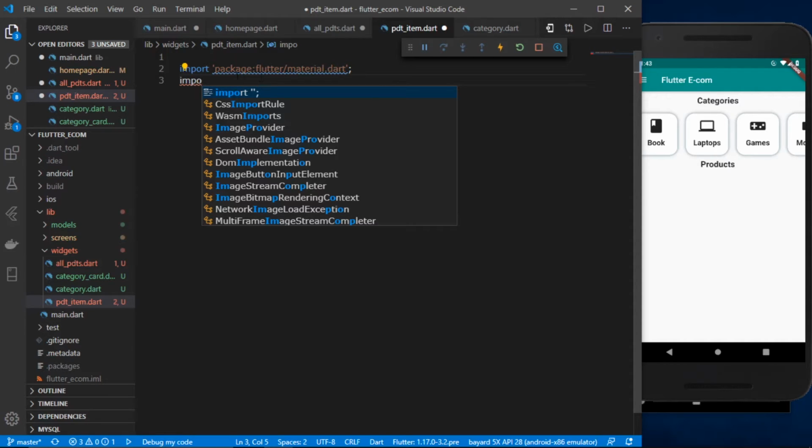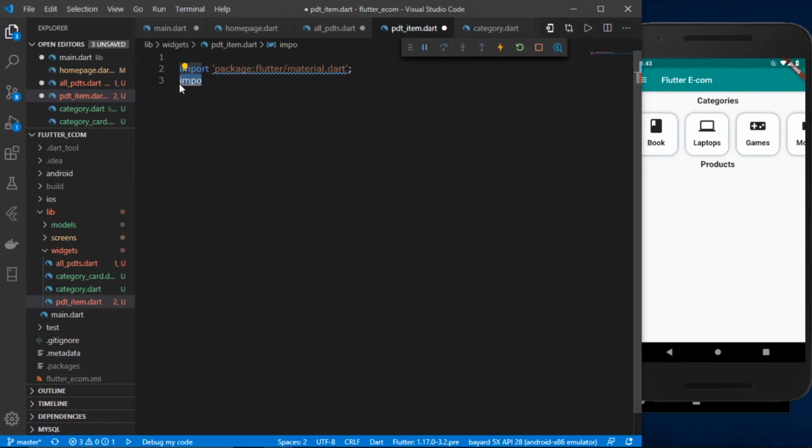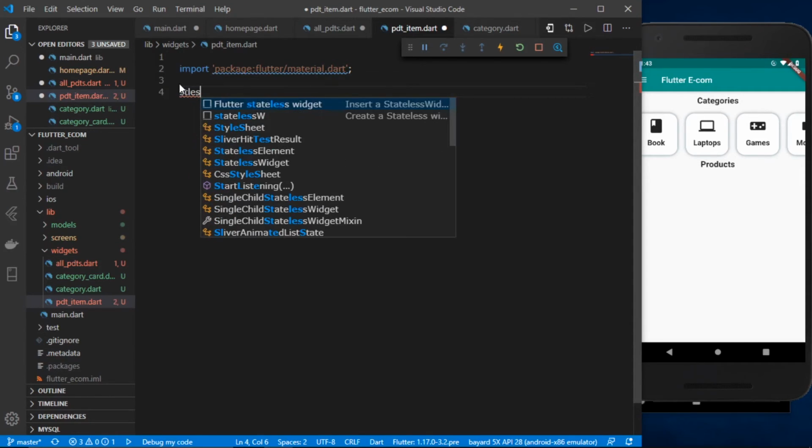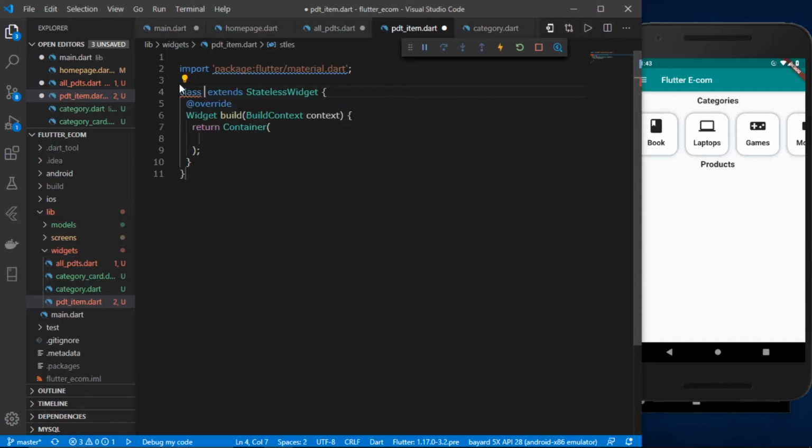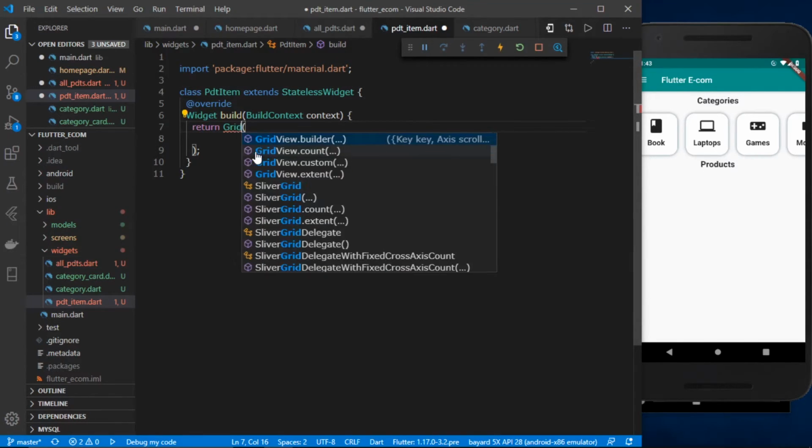Well, I think we will not be needing the provider package over here right now, so I'll just create a stateless widget, and I'll just call it product item. Okay, so what it is going to do is return a grid tile. So let's return a grid tile,